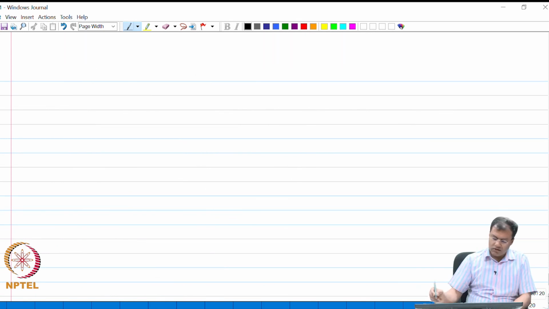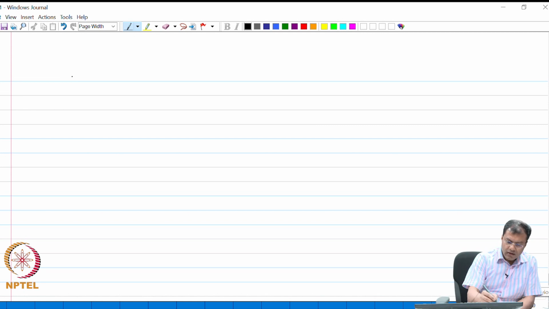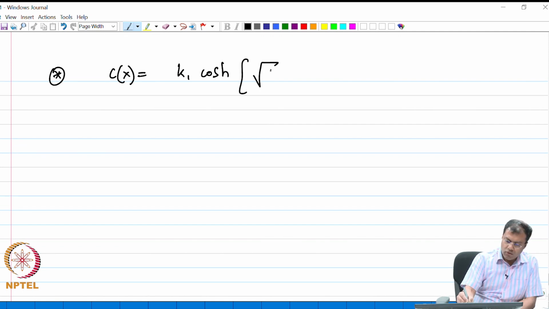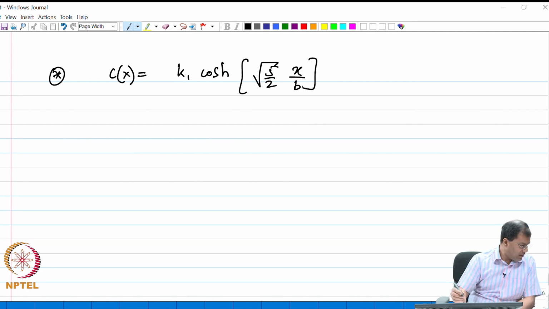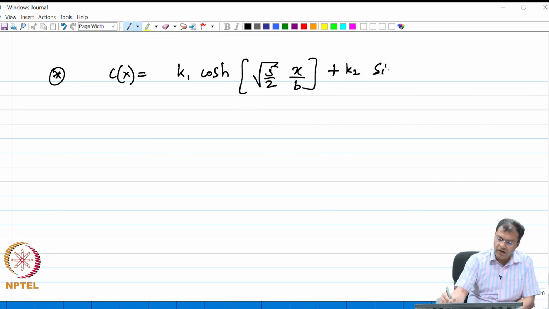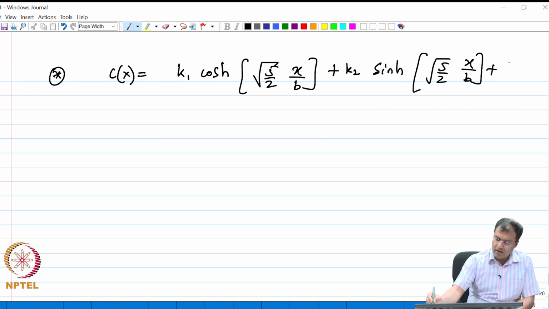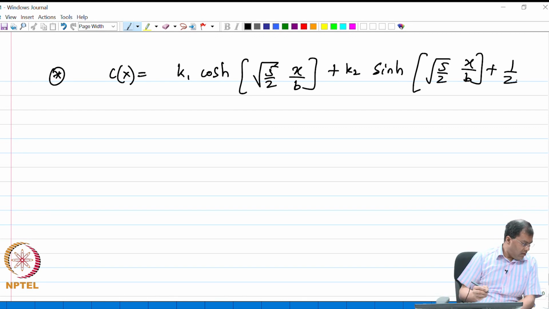So, the solution to the star is as follows. I directly write the solution. I get that this is C1 cos hyperbolic of square root 5 by 2. Students are asked to check that this is indeed the solution or find the solution themselves, which is not difficult to find for the ODE. So, this is square root 5 by 2 x by b plus half. Okay. Now, we also know that